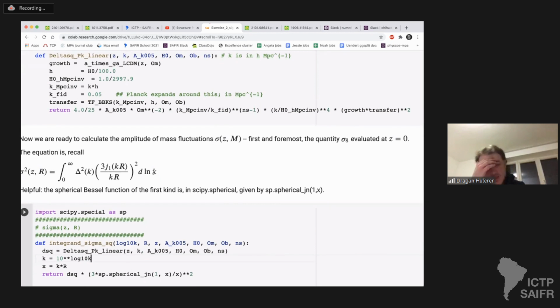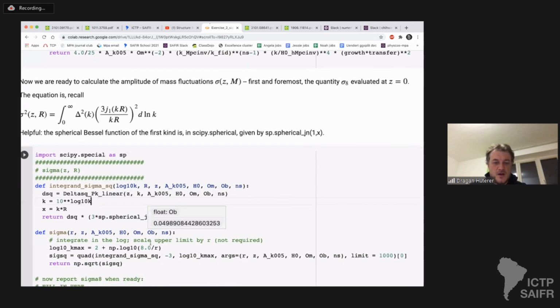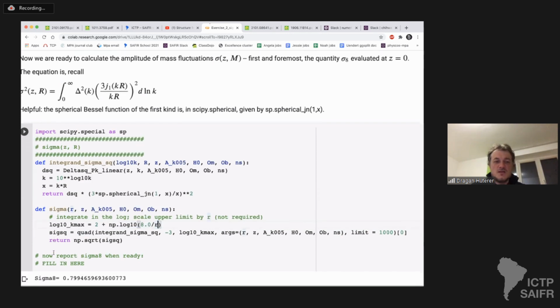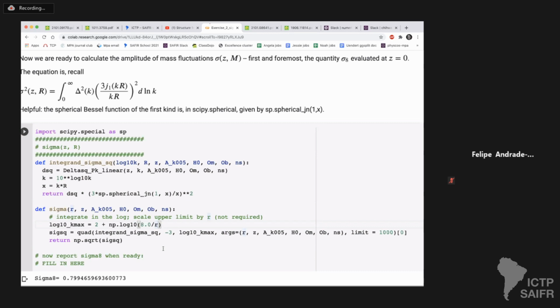That means log k. If you think about the power spectrum, most relevant scales are from 10 to the minus 3 megaparsecs, our favorite units, inverse megaparsecs times h. And then this upper limit can be like 10 to the 1 or 10 to the 2. Here I have a slightly fancy thing where I'm correcting the upper limit for r. If I have a larger r, I go to lower kmax. But it turns out in Python with this numerical function, it doesn't matter. Even if I just go from 10 to the minus 3 to 10 to the 2 split, I'll get the right answer. The only thing I think I didn't do here is